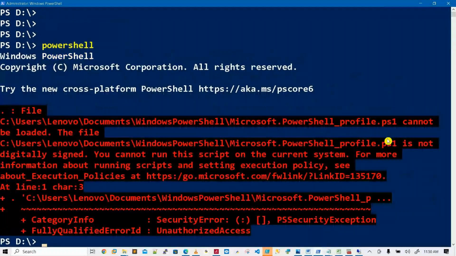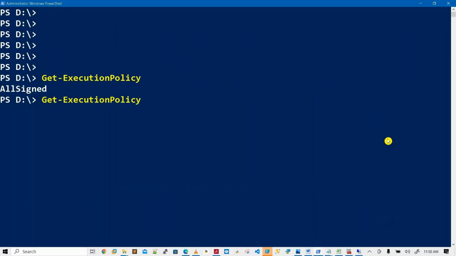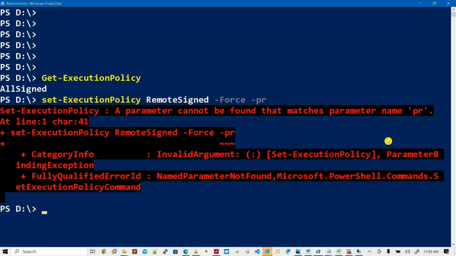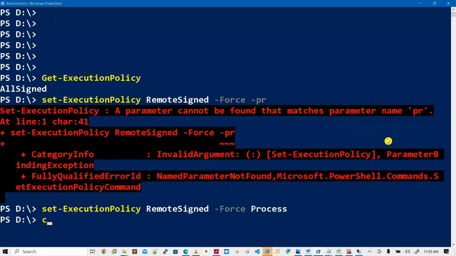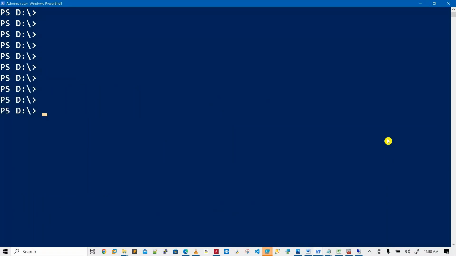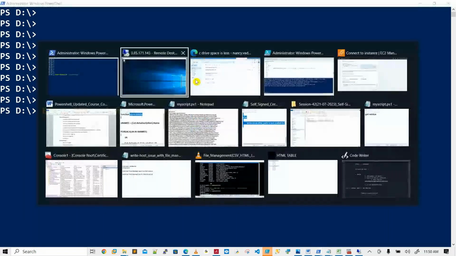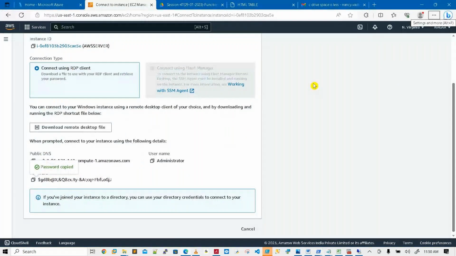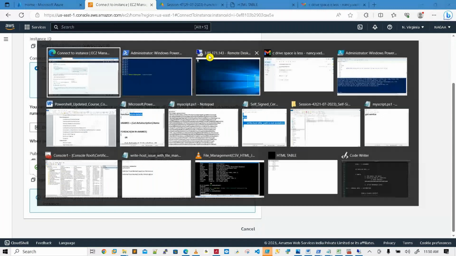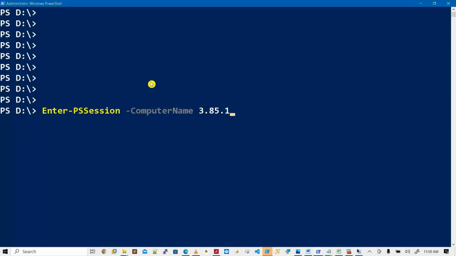Get-ExecutionPolicy. Okay, I'm just changing it. So I'm going to connect with Enter-PSSession. Computer name is, what is the computer name? This machine's IP address is 3.85.171.143.